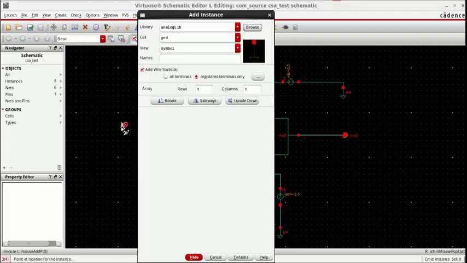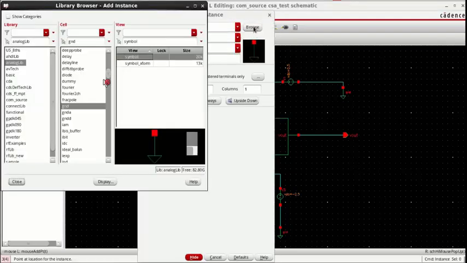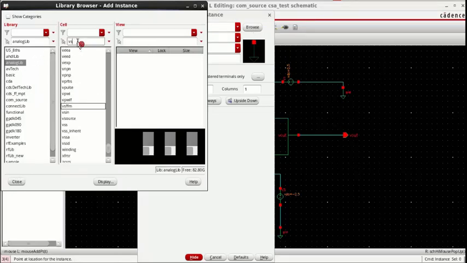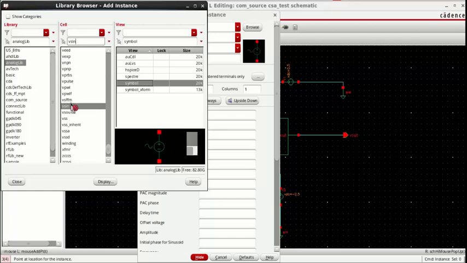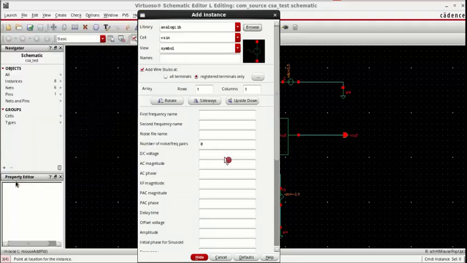So here, analog lib, we are going to take vsin. Value, close. Okay, we have to give all the values again. You know what the values are. First is AC magnitude, which is 1, it will take 1 volt. DC voltage 0 volt.